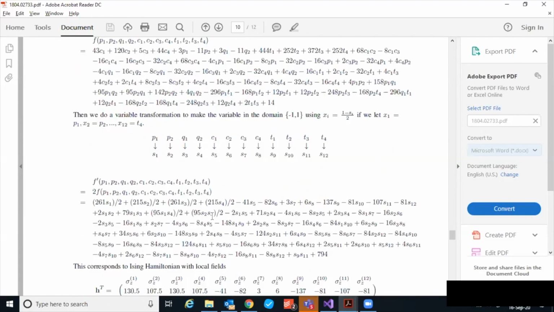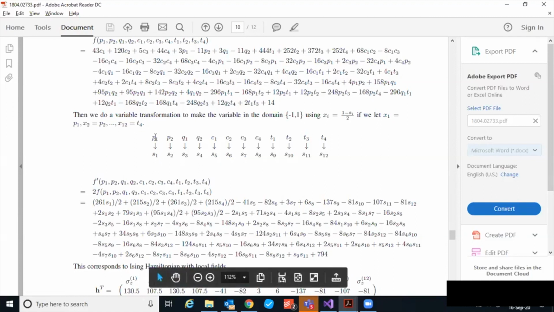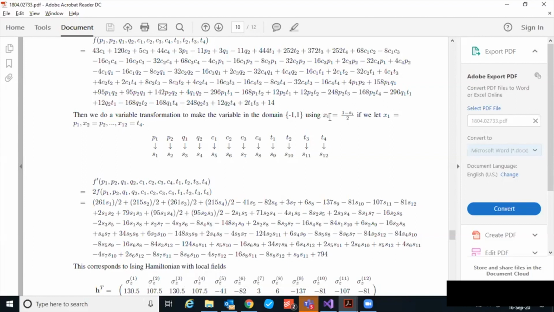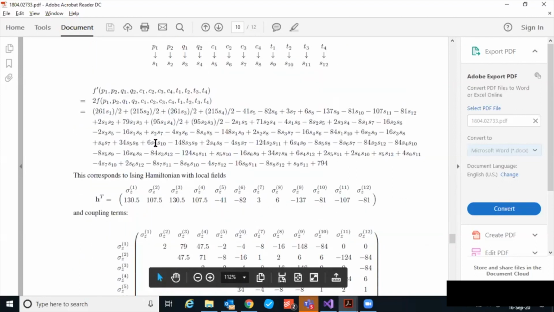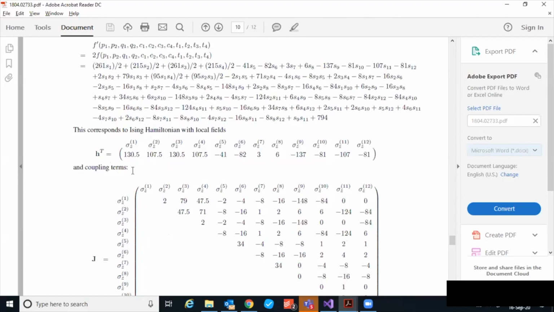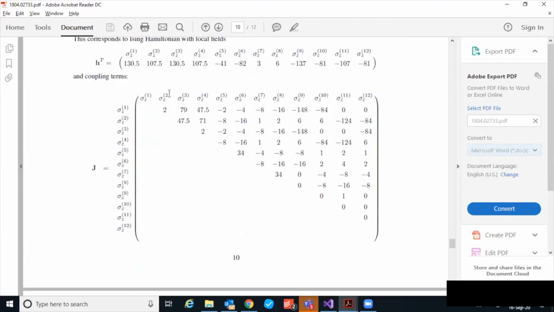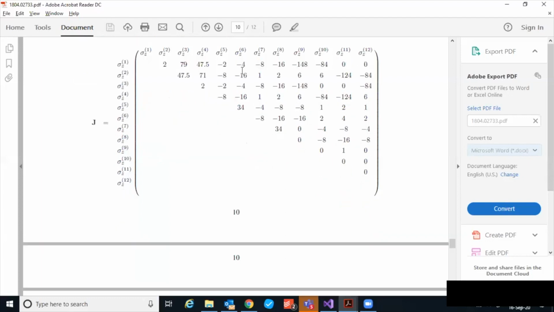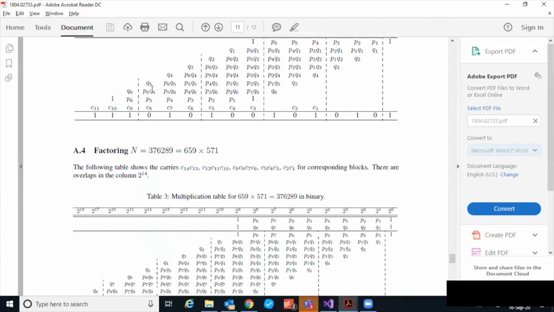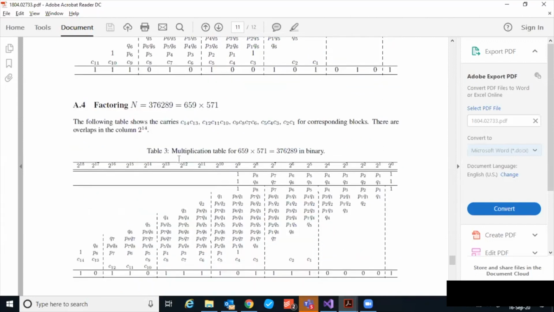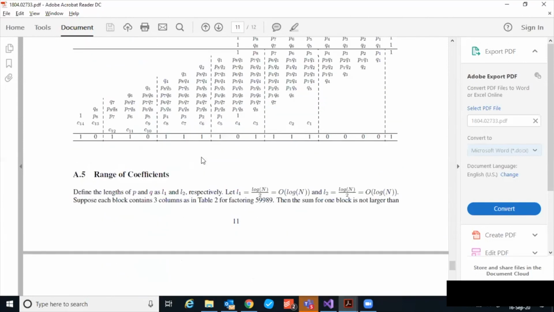And then we turn it into an Ising model. So for all the variables, the same way, we convert our x's into (1 minus s) by 2, and thus it converts into an Ising model. Then we can encode it into our quantum annealer, which will basically give us the correct answer. Similarly, there are more complex problems which have actually been factorized by the quantum annealer.